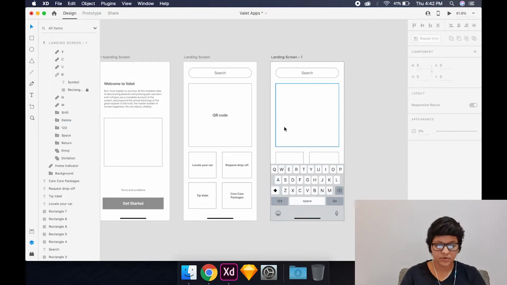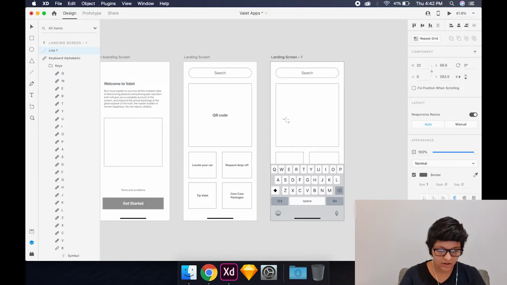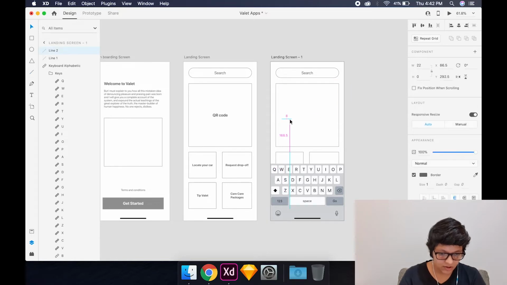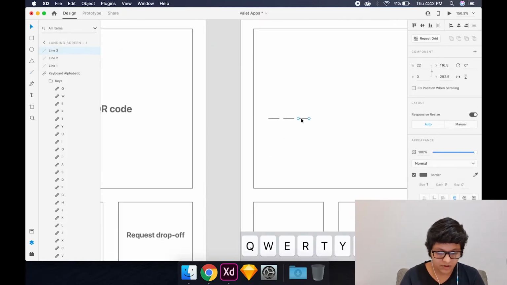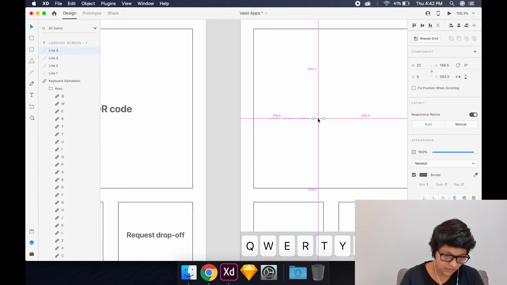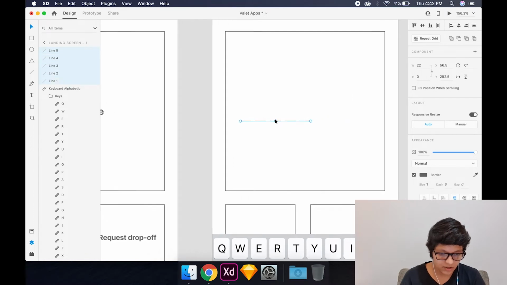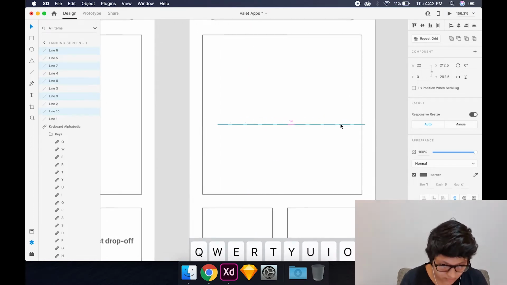What we're going to do now is we're going to be providing a space for the user to type their car's number plate number. So I just have this dashed line here. I'm going to make these tiny lines so that the user understands the number of characters that are available for him to type. I think that 10 lines should be enough because essentially a number plate is made up of 10 digits. So we have 5 here, and I am just going to drag this out because it's easier to duplicate the lines instead of creating new ones every time.